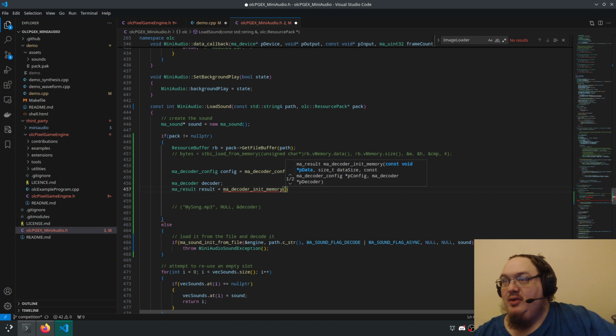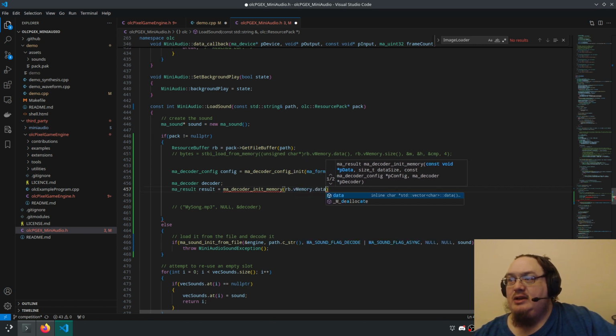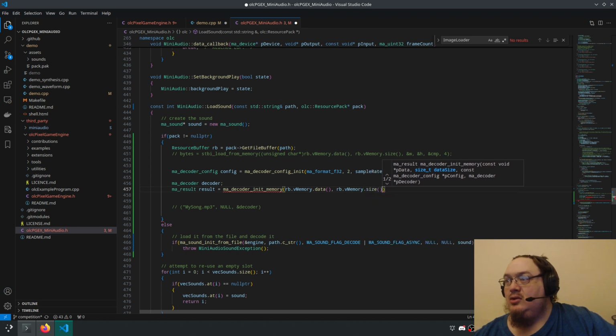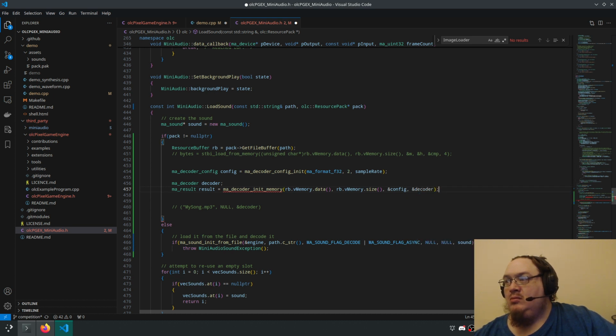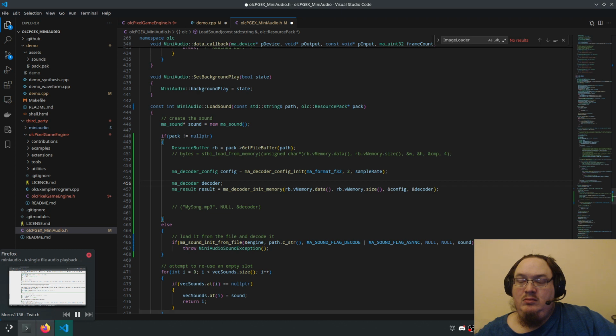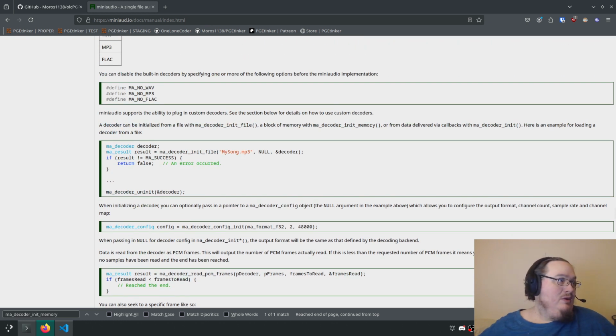And then here's where we want the rb dot the memory dot data. And then so sound.